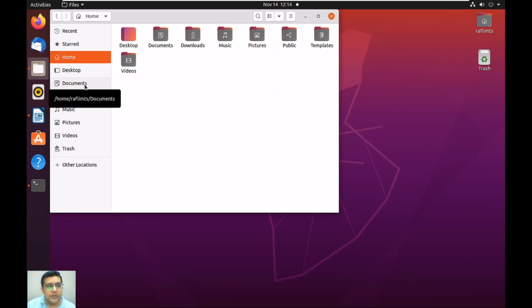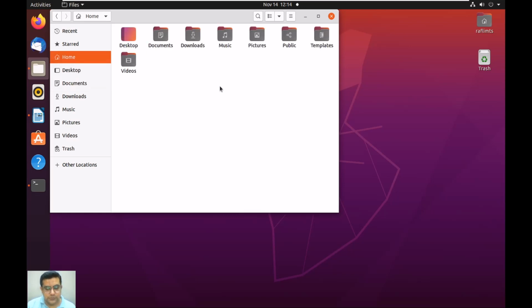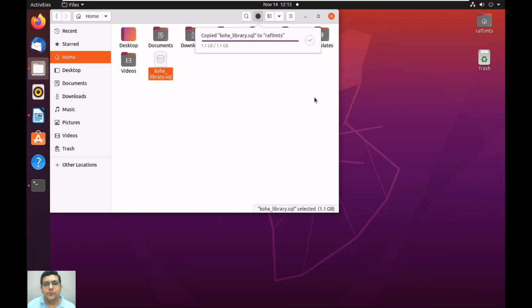I have copied it in the document folder. Let me move this from there to the home folder. Now the copy is going to start, and it will take some time because this file is about 1.1 GB. You can see the operation here. It's copying. So it has completed the copy,